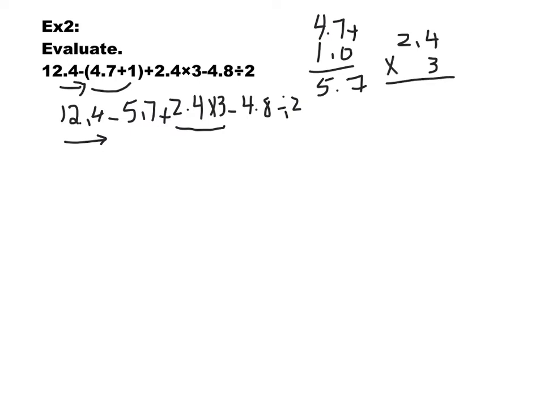3 times 4 is 12. 1 carried over. 3 times 2 is 6. Plus 1 is 7. So the answer becomes 7.2. So the expression becomes 12.4